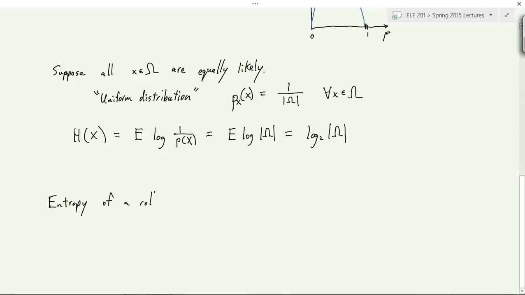Entropy of a roll of a die. Okay, so a die has 6 sides. They're equally likely. So it's a uniform distribution. Therefore, we just calculate entropy of uniform distributions as log of the number of possible outcomes. That's 2.58 bits. There's the entropy of a roll of a die. Okay. Now, what if you have